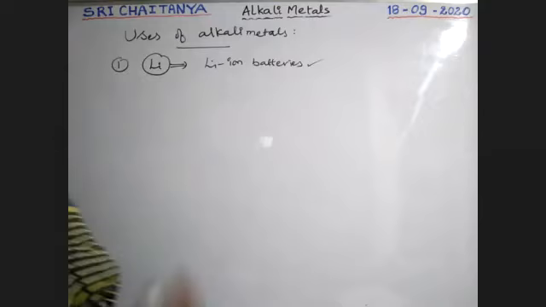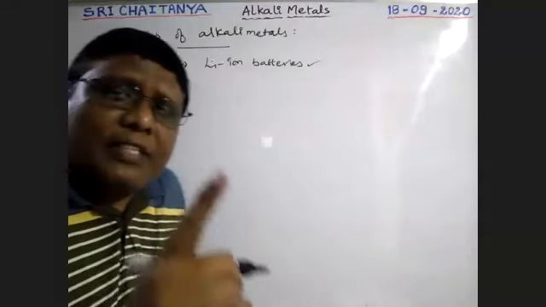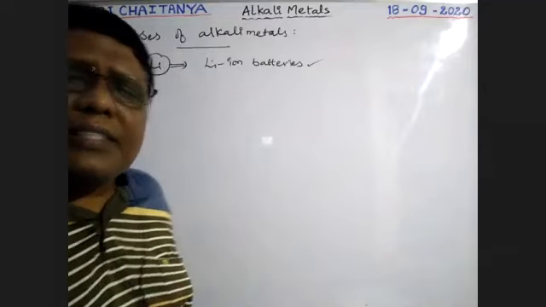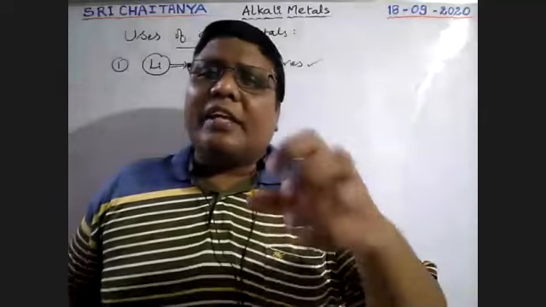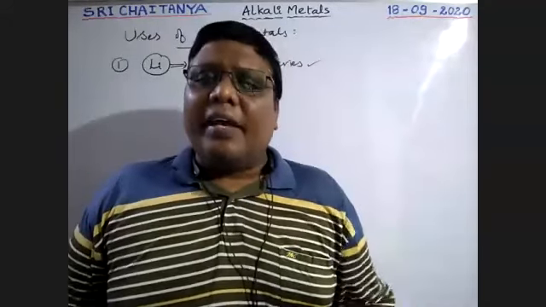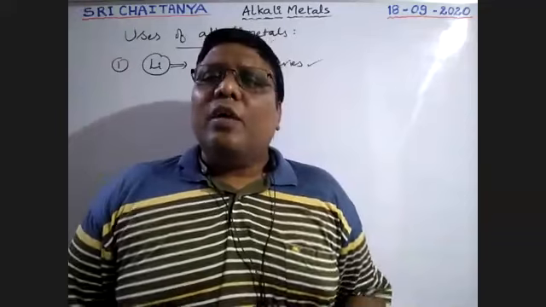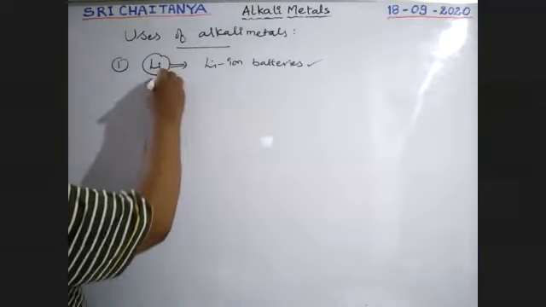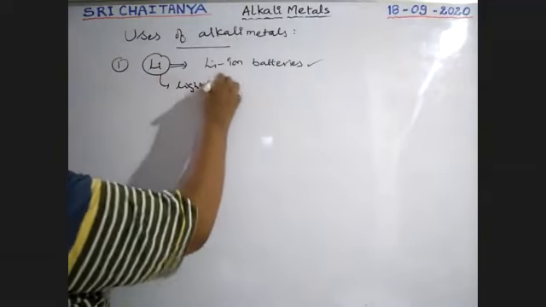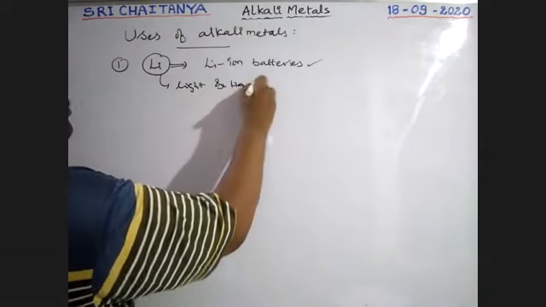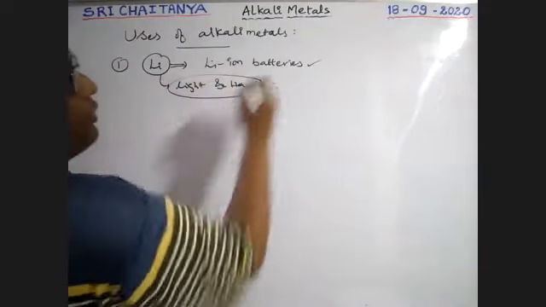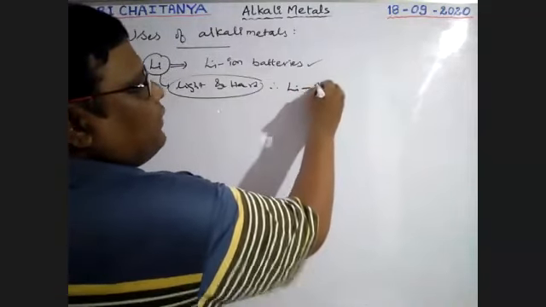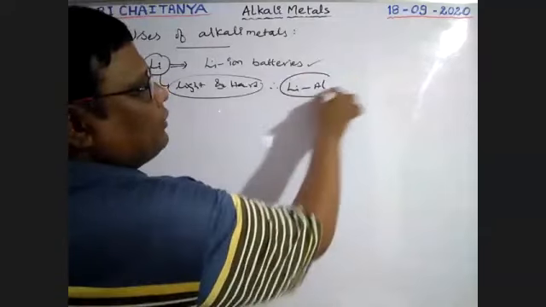Lithium ion battery is totally based on lithium because lithium is the lightest metal, and the storage of lithium is very, very high. So that's why in recent days lithium ion batteries are used; more energy is stored in that battery. Next, lithium is light and hard. Therefore, lithium alloys with aluminum, both light and hard.